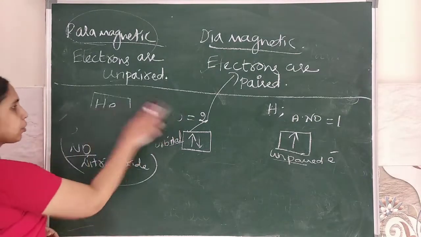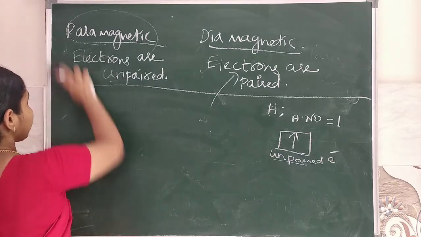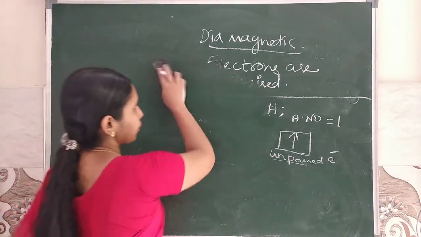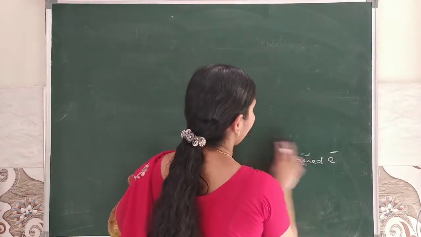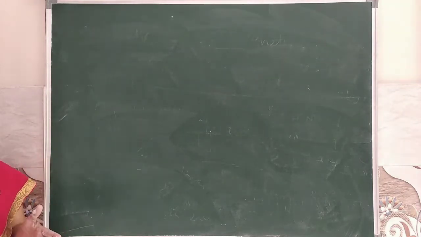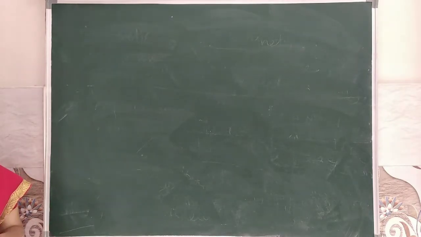So, what are the isotopes? Isotopes of hydrogen and the properties of isotopes. Then, what is meant by orthohydrogen and what is meant by parahydrogen, and among ortho and parahydrogen, which one is more stable? Orthohydrogen is more stable. So ortho cannot be converted into para, but para can be converted into orthohydrogen. These two hydrogens, ortho and parahydrogen, differ in physical properties, but they are the same in chemical properties.